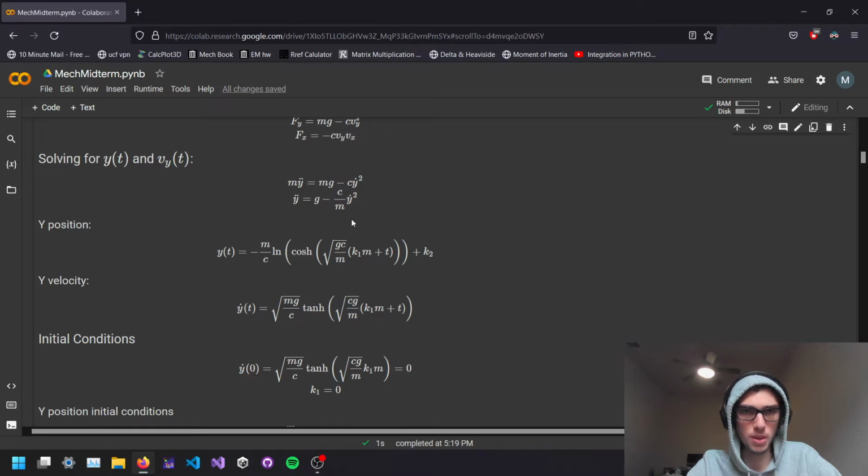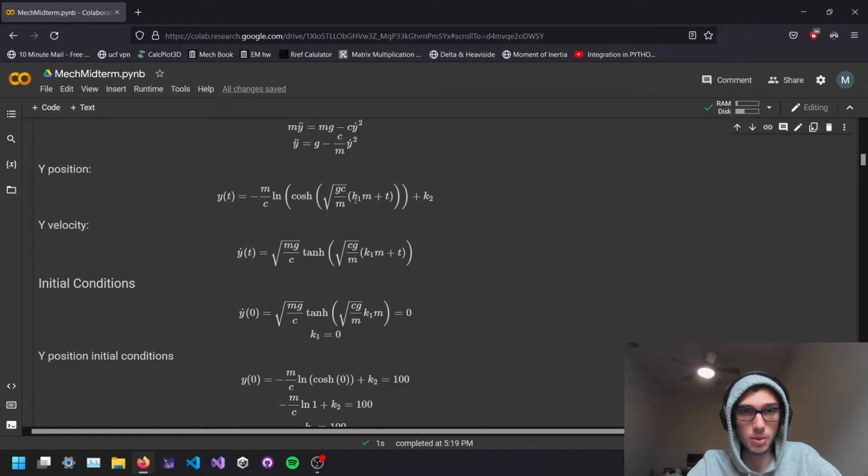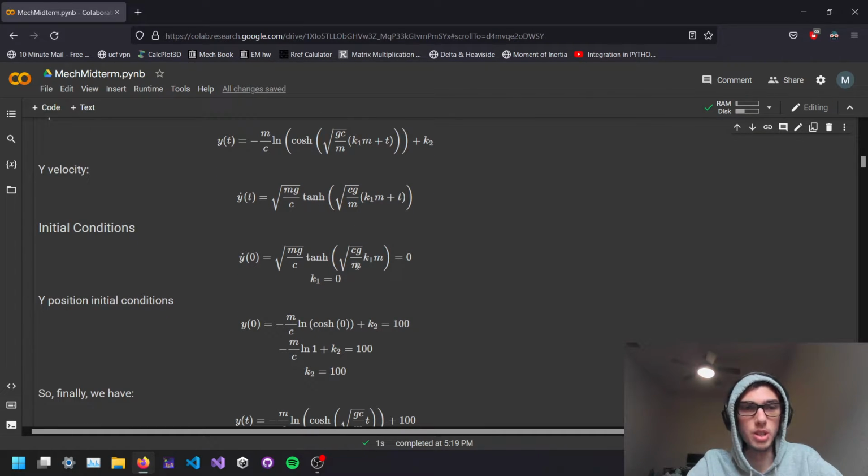Plugging it into Wolfram Alpha will give you this right here with two constants of integration. And then we can take the time derivative of this equation, which will give us the velocity in the y direction and only one constant of integration. Then we can plug in our initial conditions. So at time t equals 0, we expect the velocity in the y direction to be 0. And so that leaves us with a